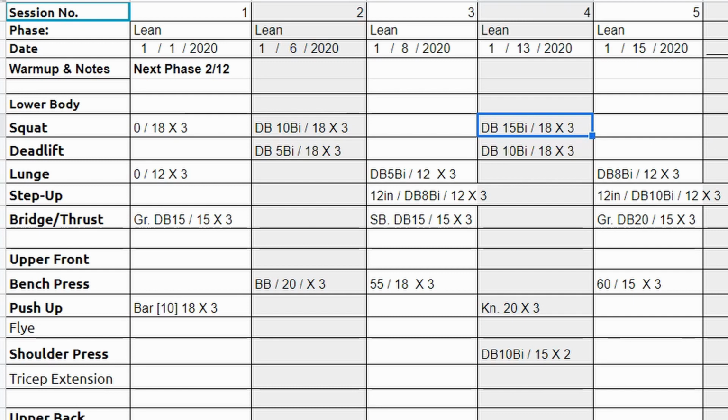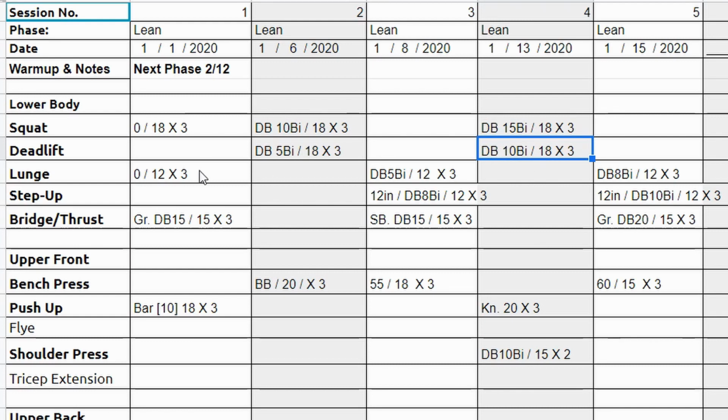Of course, at some point that would slow down a little bit because we would hit a weight that's more challenging for her. We're also working on the deadlift, and for right now, again, it's more form work than anything else. So 2 5-pound dumbbells, 18 reps, 3 sets. And 1 week later, pretty much the same thing, except the weight is now 20 pounds total, 10 pounds on each side. So again, just form work for that one for right now.